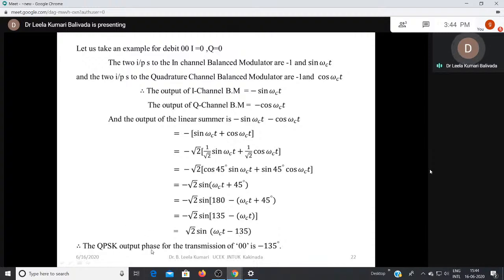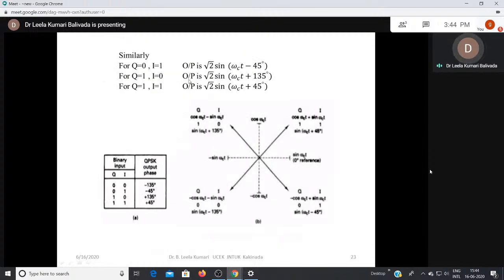Therefore, the QPSK output phase for the transmission of 00 is minus 135 degrees. Similarly, we can generate the phase for all the dibits 01, 10, 11. For 01, the output is root 2 sin omega Ct minus 45. For Q equals 1, I equals 0, the output is root 2 sin omega Ct plus 135. For Q equals 1, I equals 1, the output is root 2 sin omega Ct